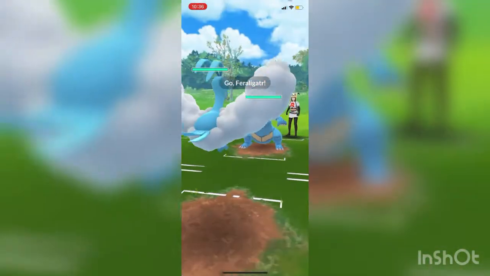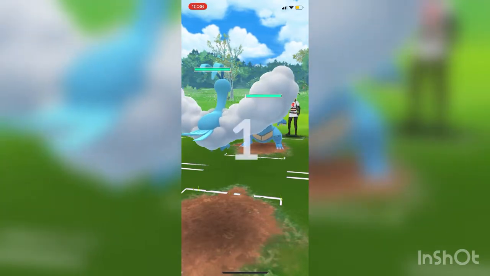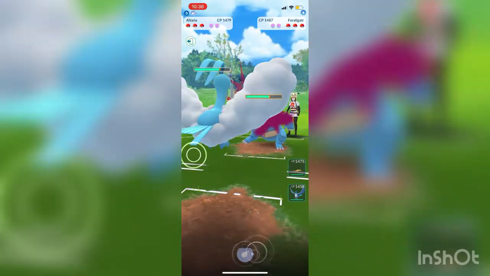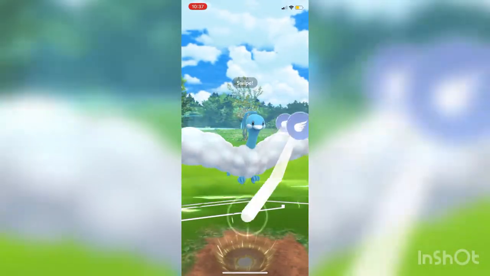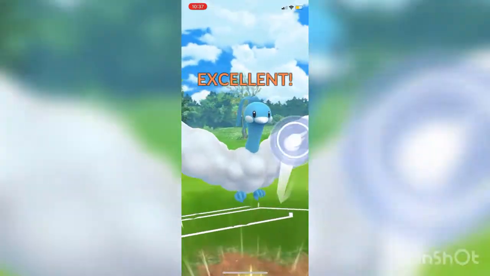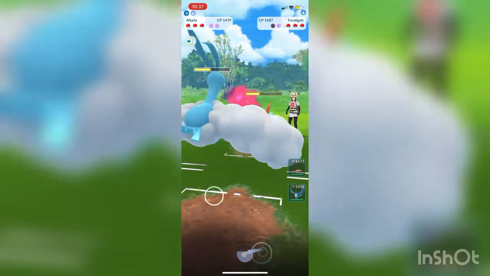Alright guys, for the second round, my opponent's first Pokemon is Feraligatr. This could have gone both ways because Feraligatr could have learned an ice type move which would have done super effective damage to Altaria, but he ended up having a bite, the fast move Bite, which was really good for me. So I ended up getting a Sky Attack right here, but my team has plenty of counters for Feraligatr